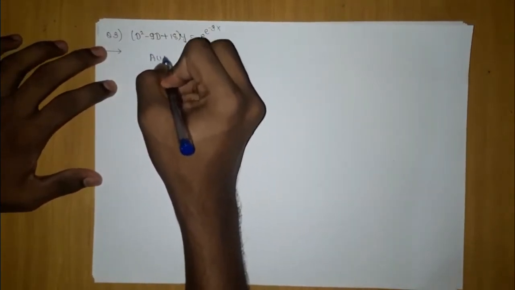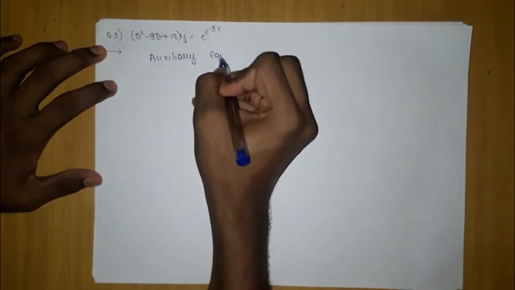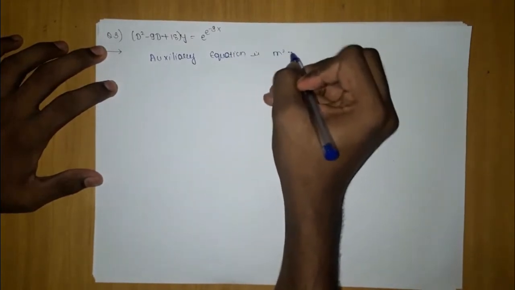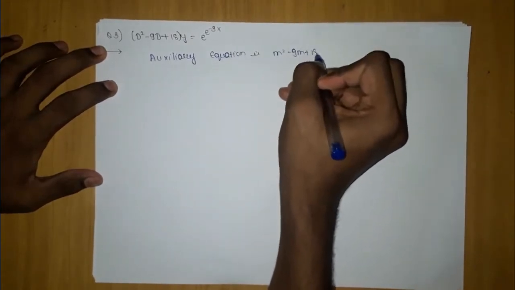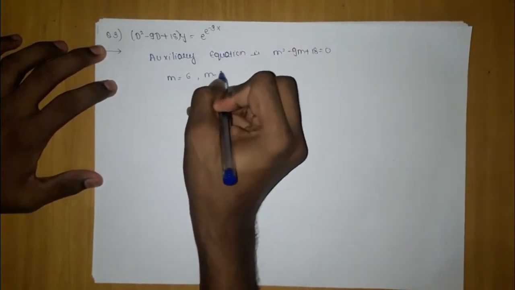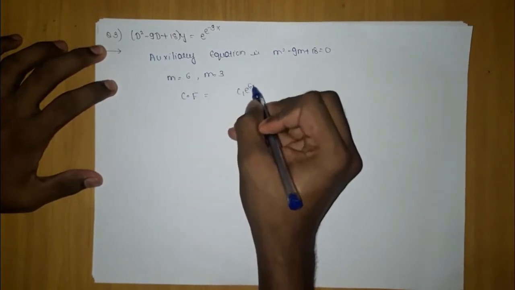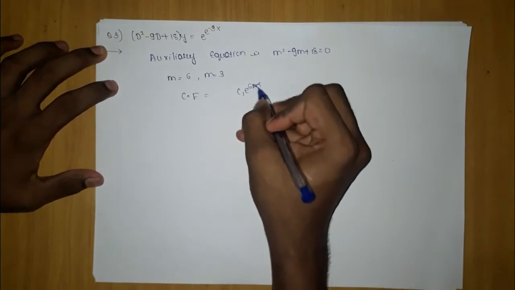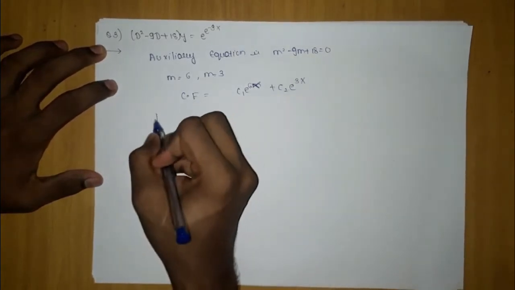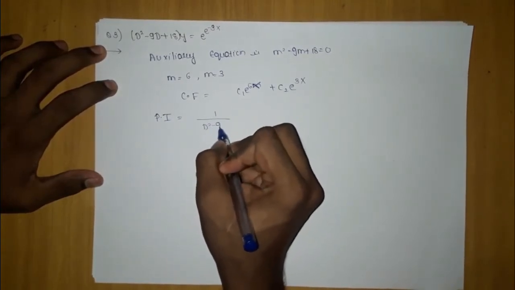Auxiliary equation. Auxiliary equation is m square minus 9m plus 18 equals 0, which will give you m equals 6 and m equals 3. Complementary function CF will be nothing but C1 e to the power 6x and C2 e to the power 3x. After getting this, you can go for particular integral, which will be 1 by d square minus 9d plus